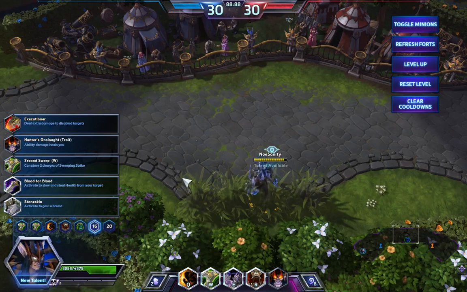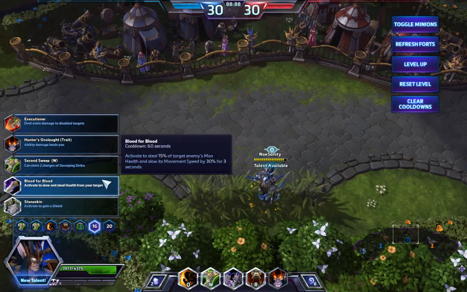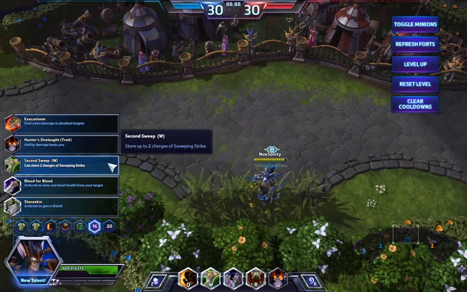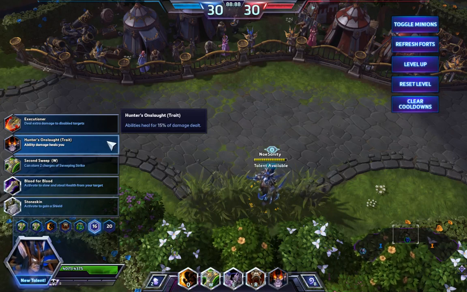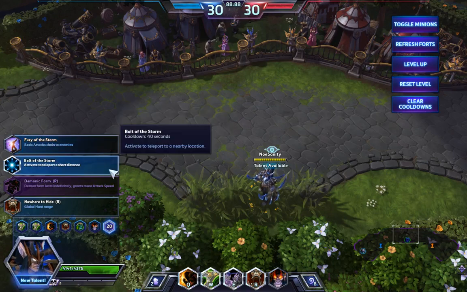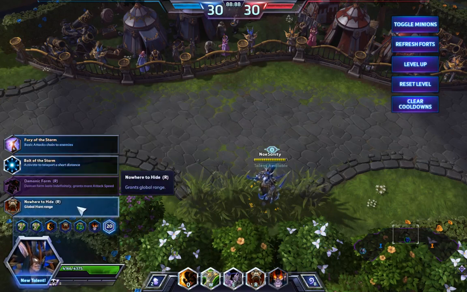And at level 16, you have General Talents, Executioner, Blood for Blood, and Stone Strike. You can gain Second Sweep, store 2 charges of Sweeping Strike. And Hunter's Onslaught. Your abilities heal you for 15% of their damage dealt. He has the Fury of the Storm and Bolt of the Storm general talents, and Nowhere to